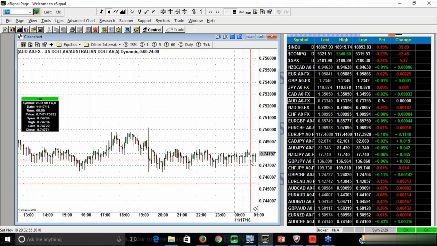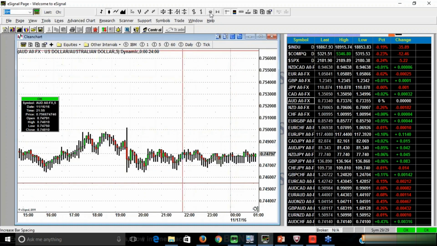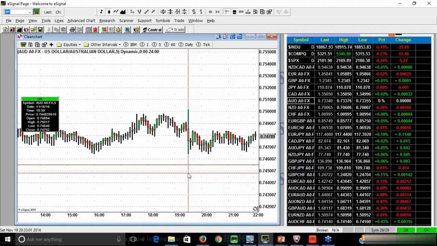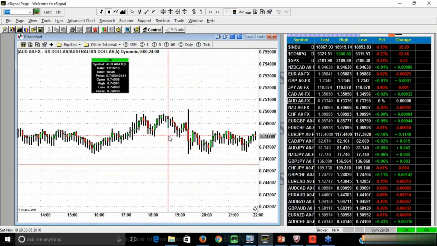Let's see. I think it was worthwhile to take a proactive trade in this sense. Let's see what the trade would look like. So this is actually 11:16, and this is 7:30. So 5, 10, 15, 20 minutes before the release, you would have gone long at 74.84. The number comes out, it pops higher to 75.01. So it does rise, but not quite good enough.